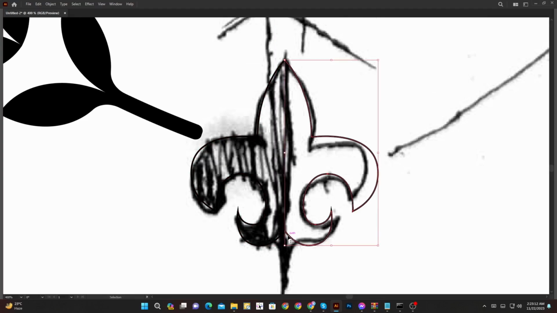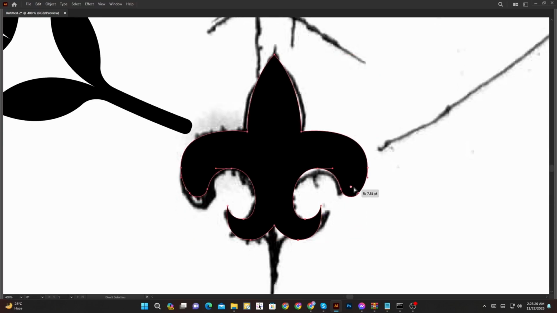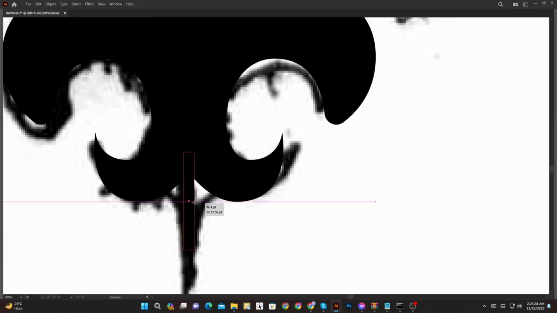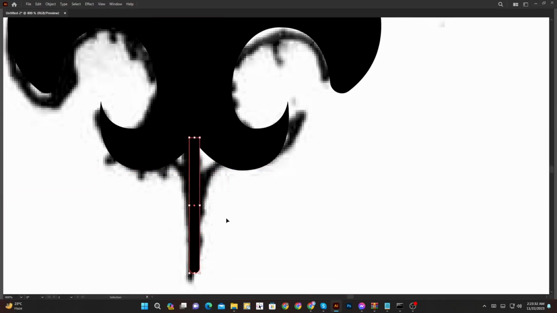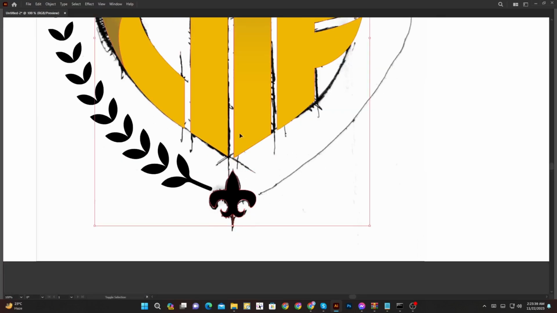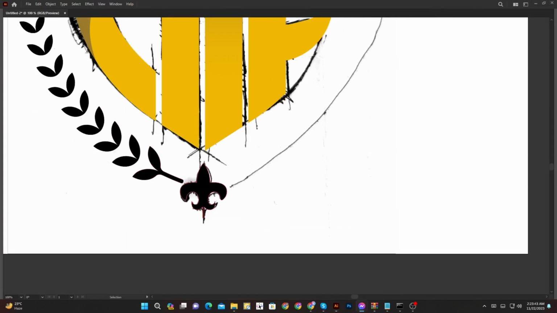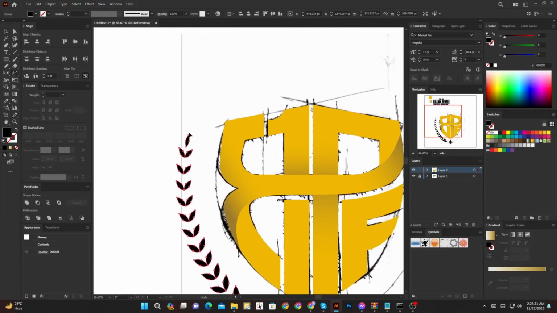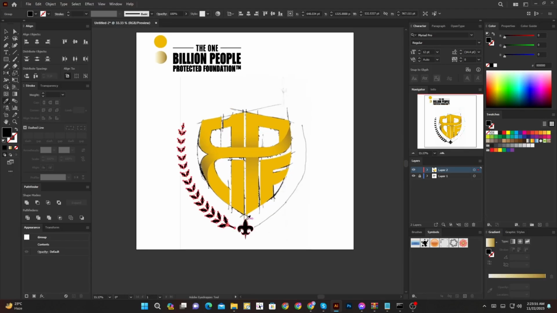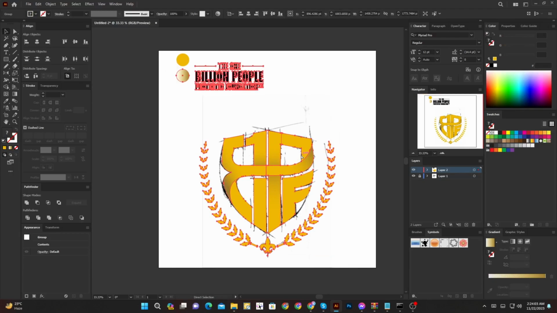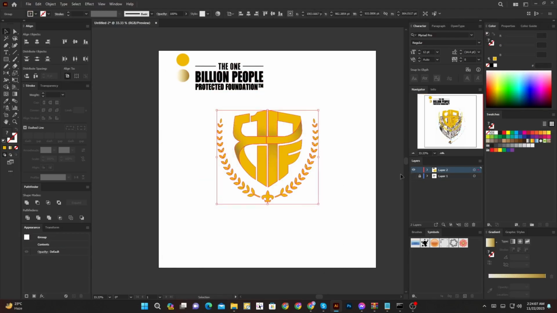Then copy for the other side. Then it's copy for the other side. Now text.